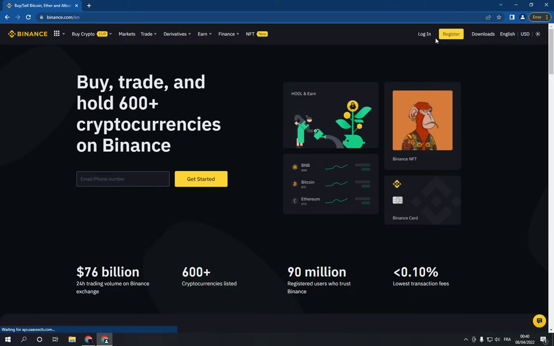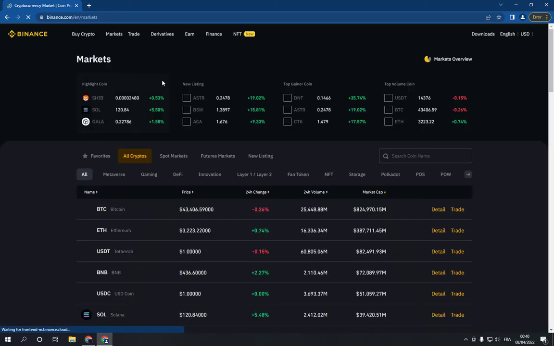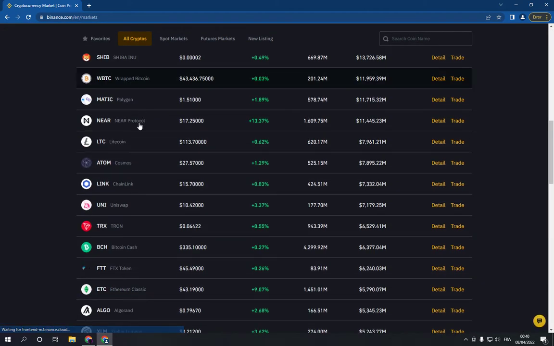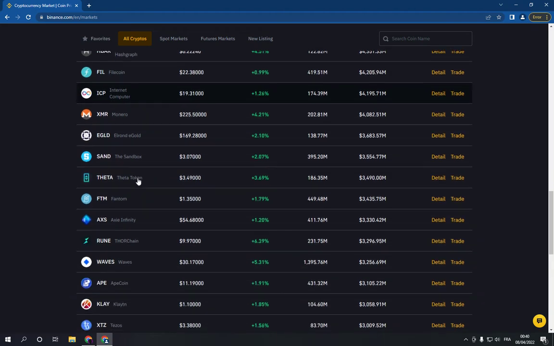Then log into your account from here or make an account from here. Then go here to markets and click on it and go down, search for Axie, and here it is. As you can see, if you didn't find it, search for it here in the search bar and click on it like this,